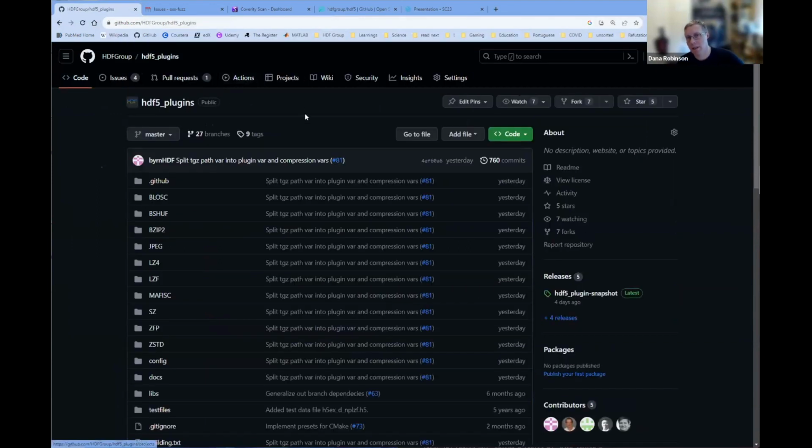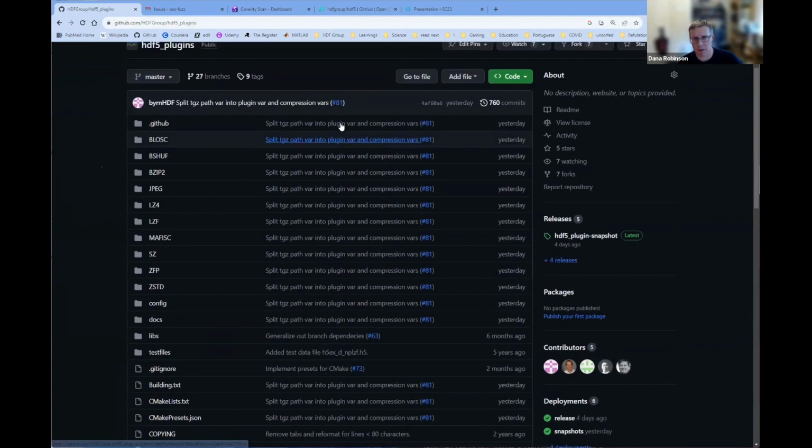We should rename this actually, because it's really about filters, not any plugin. It's really just for compression filters.